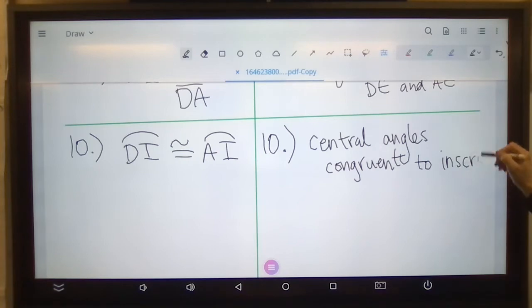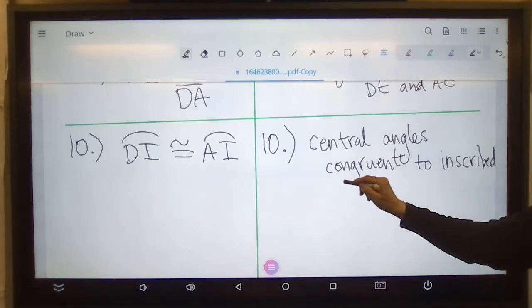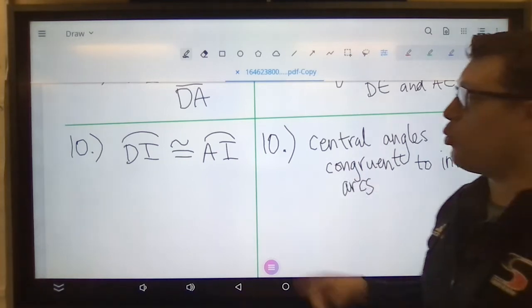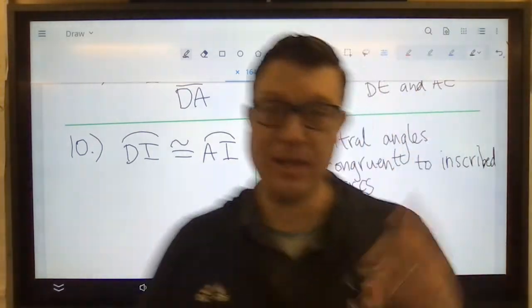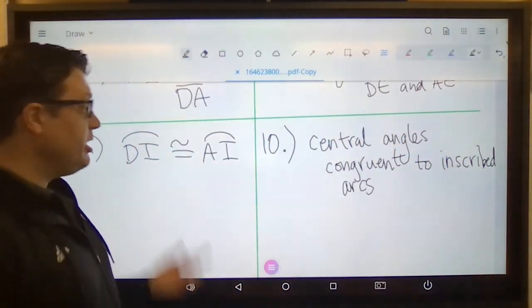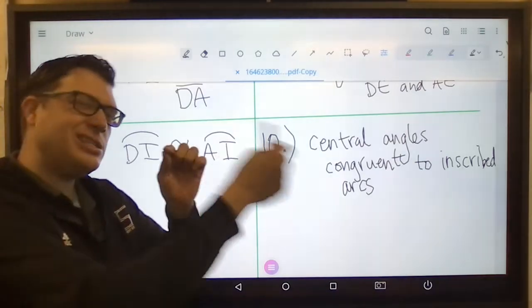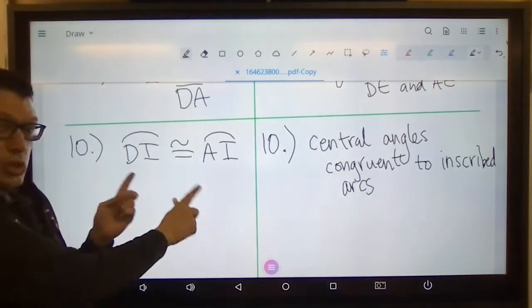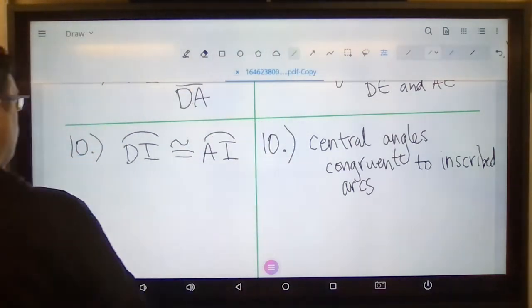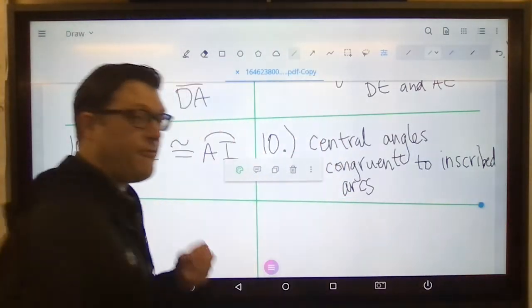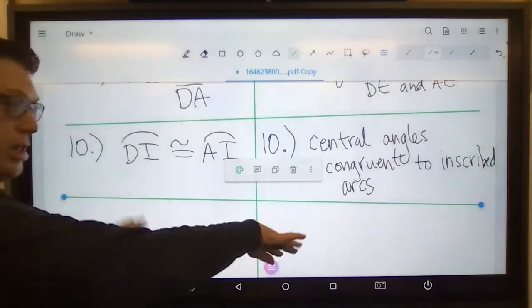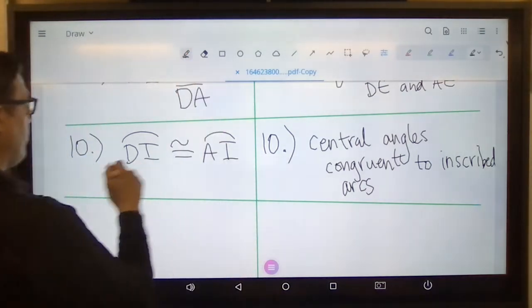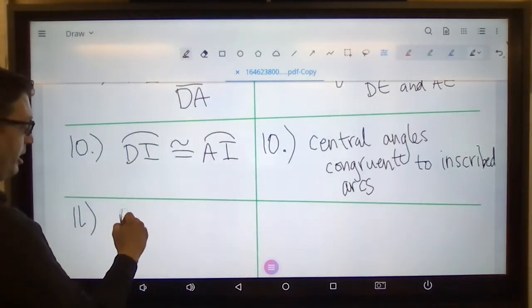We call them inscribed arcs. So once I can say that one arc, that's DI, is the same as the other arc, AI, on the same circle, then the final statement of our theorem, statement 11, says MI